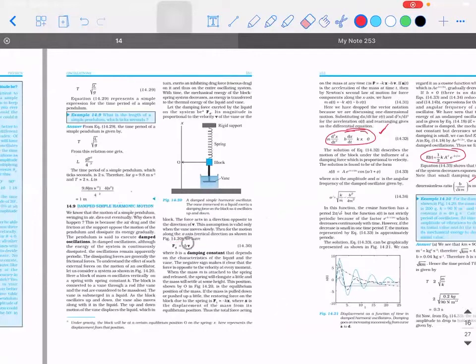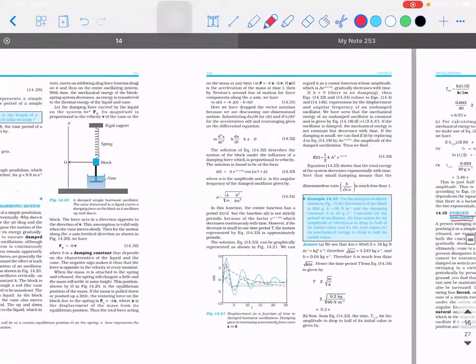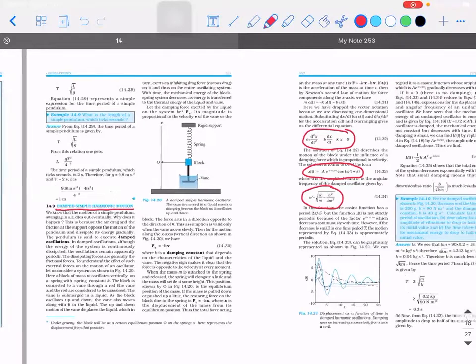As I told you, this damped simple harmonic oscillation, they will not ask you. They cannot actually ask, because all these expressions are given without a reason. It is not easy for you to remember also, because these are not there even in 12th standard. So I will just give you an outline of what damped simple harmonic oscillation means.